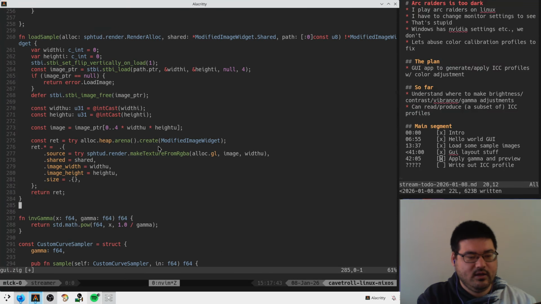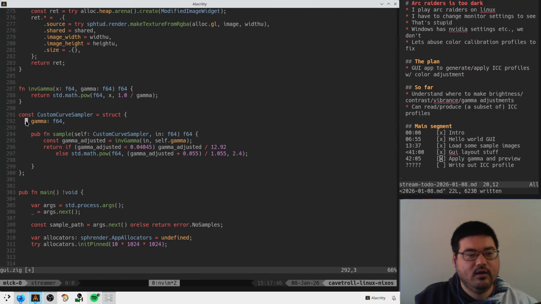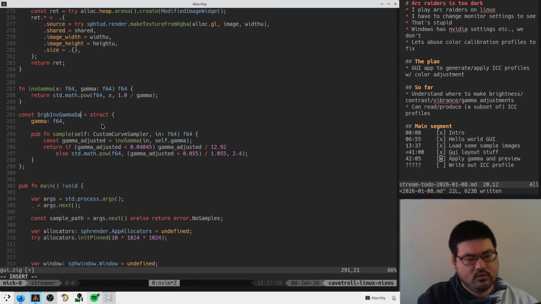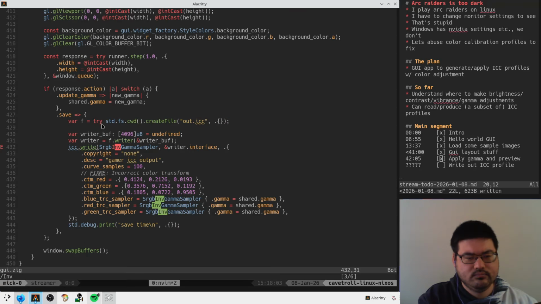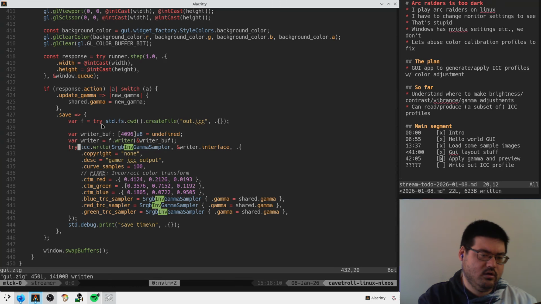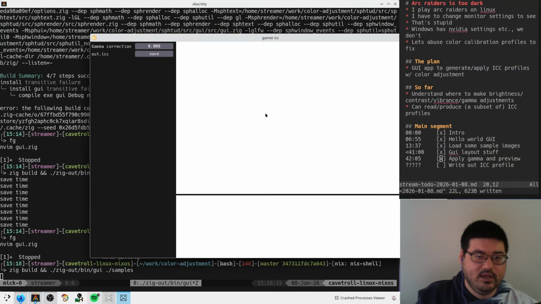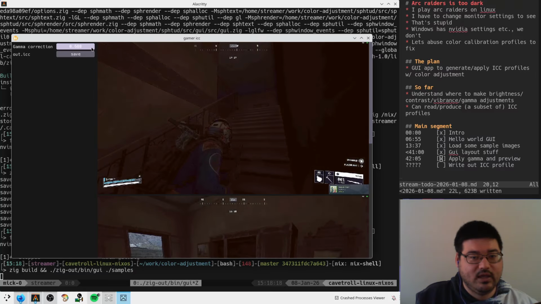So this guy is going to apply a gamma curve to an inverse gamma curve to this thing, which is just x to 1 over gamma, and then he's going to export an sRGB curve on top of that. But I think that should be fine. sRGB in gamma sampler. Okay, so I think if we build this and then we kind of pick a gamma that looks about right,